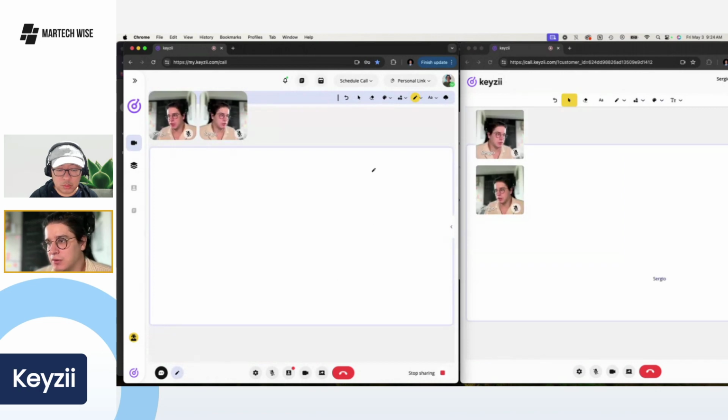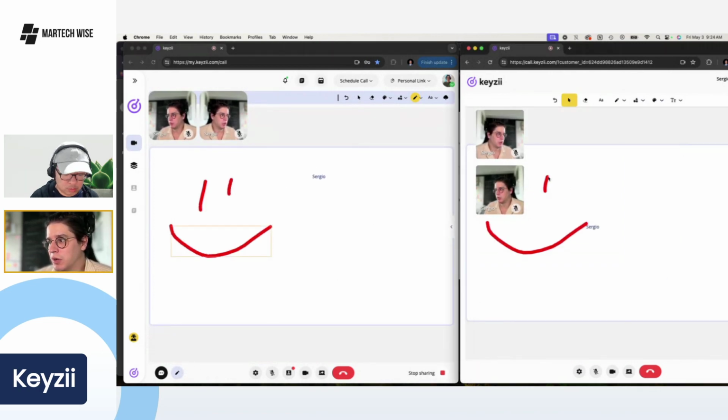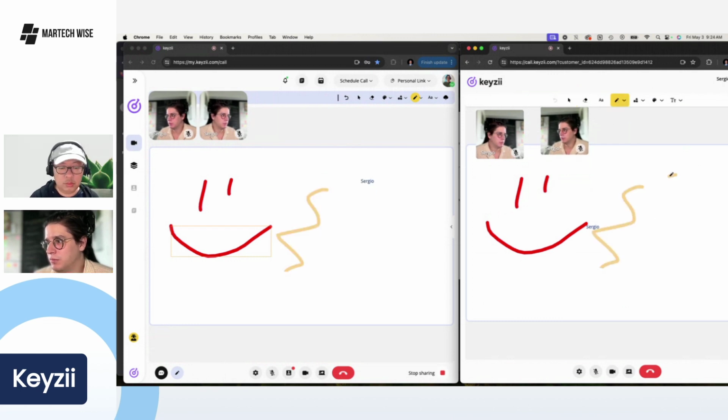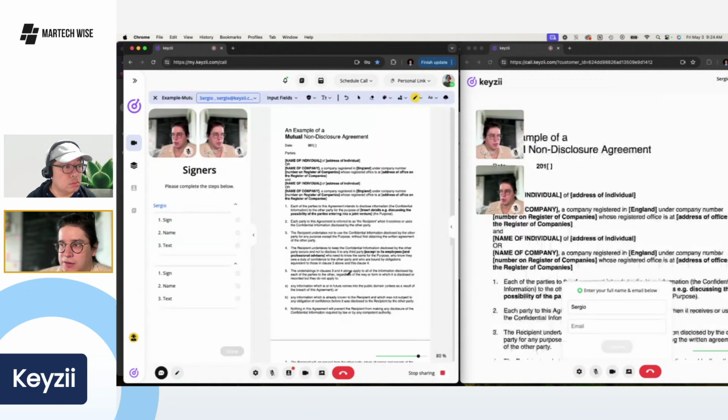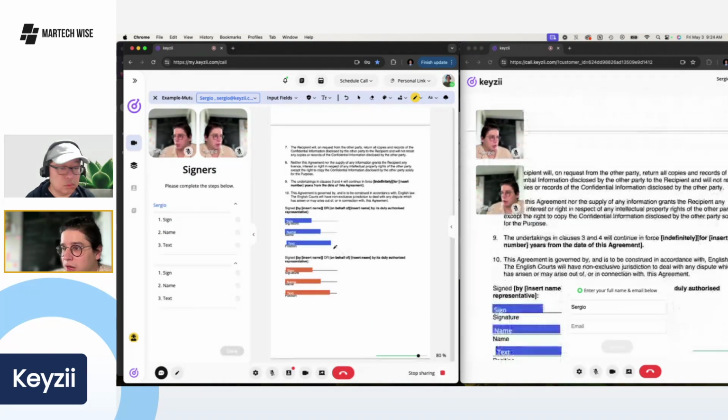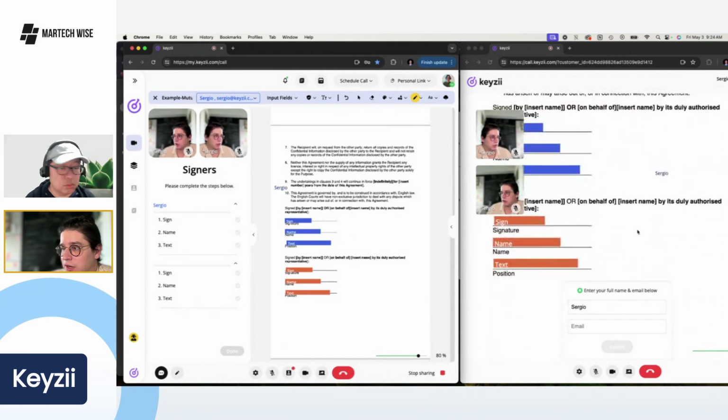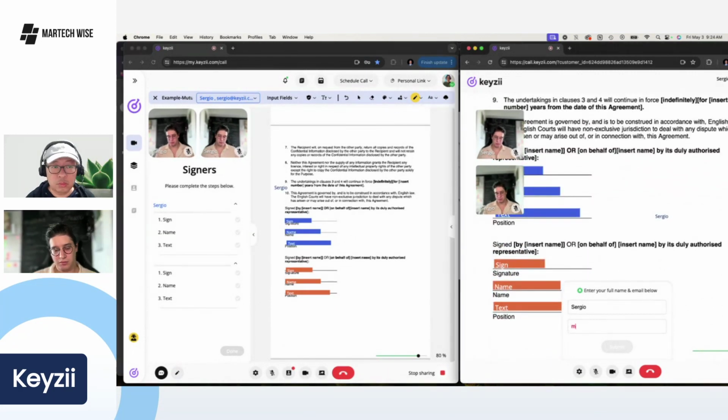Then we could do things like collaborate on our whiteboard. So we can both draw on our whiteboard here, and I'll move this out of the way so we can see here. And we can see that both things will be translated automatically. And we can do things like signing a contract. So if you did a great job and your prospective client is extremely excited to work with you, we can go in and take them into this contract, and they can then